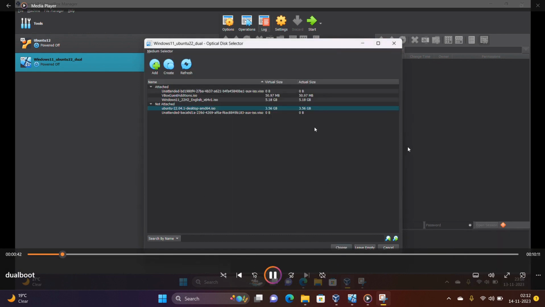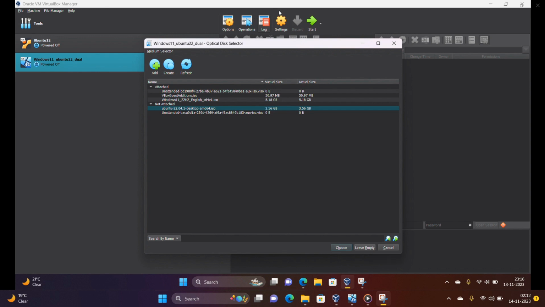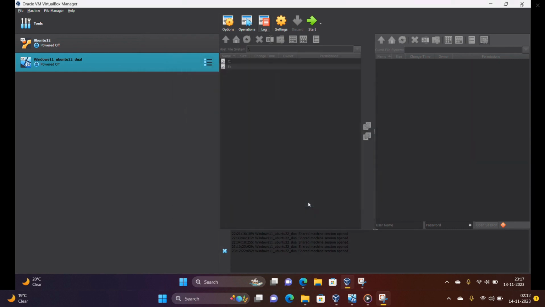ISO, and now I'll click on choose and see the SATA port has been added with the Ubuntu ISO. I'll click on OK,